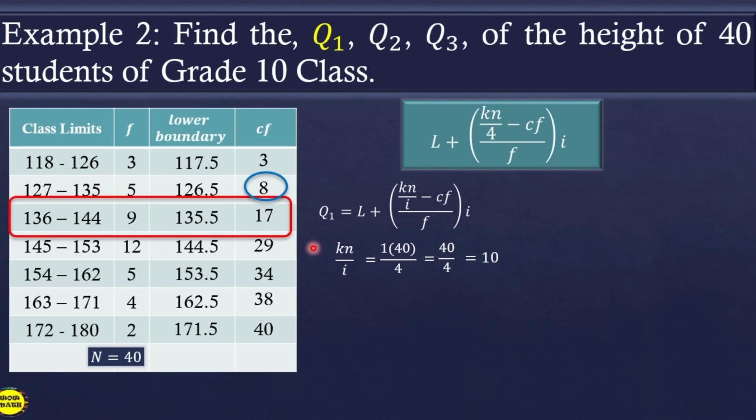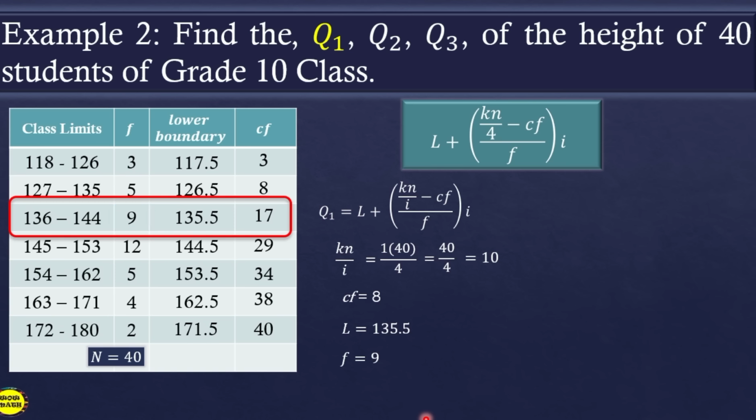Okay, baka malito kayo class. Kanina kasi, nag-start yung CF natin sa baba, no? Mula sa baba pataas. Kaya, kapag kinukuha natin yung cumulative frequency natin, nandito sa baba. Since sa example na to, nag-start yung cumulative frequency natin sa taas, so kapag kukunin natin yung CF natin, dapat nandito sa taas niya, before the quartile class. Okay? So yung CF natin is 8, and then the lower boundary is 135.5, the frequency is 9, and then